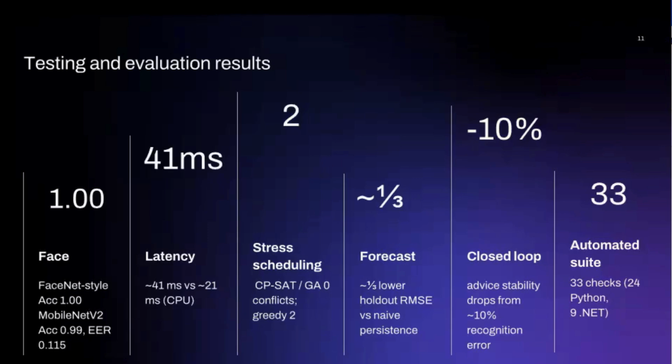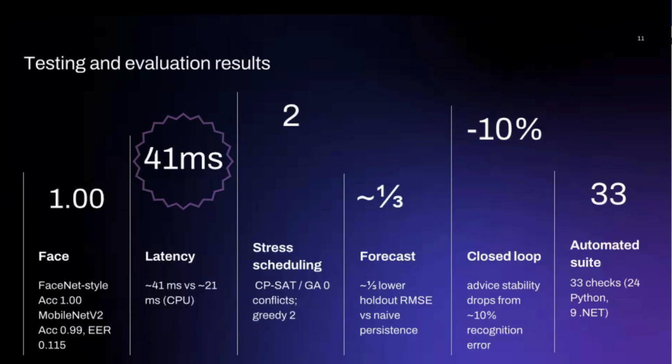Let's move to the testing and evaluation results. I will show the headline numbers on this slide and the matching evidence in the terminal output. On the controlled phase benchmark, the FaceNet style model reached accuracy 1, while MobileNetV2 reached 0.99 with an equal error rate of 0.115. Latency was about 41 milliseconds for the FaceNet style model versus about 21 milliseconds for the